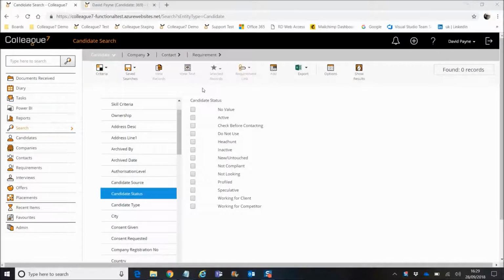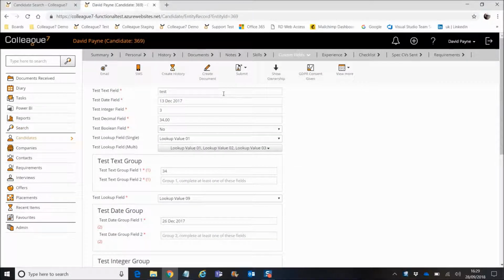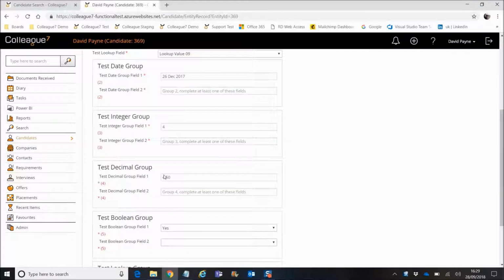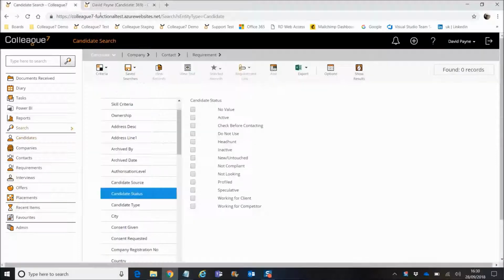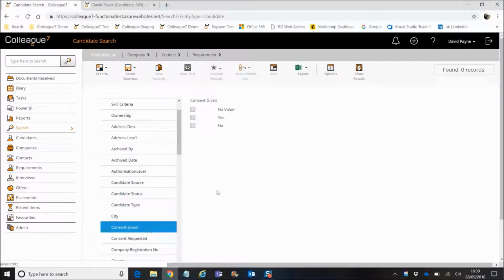The next field type to cover are yes/no fields. So these are scenarios in the system where the option for a field is simply a case of yes or no. You have only those types, and they're dealt with as basically the same as a lookup field would be in the system. So if we go to consent given, which is a yes/no field against this entity, again you